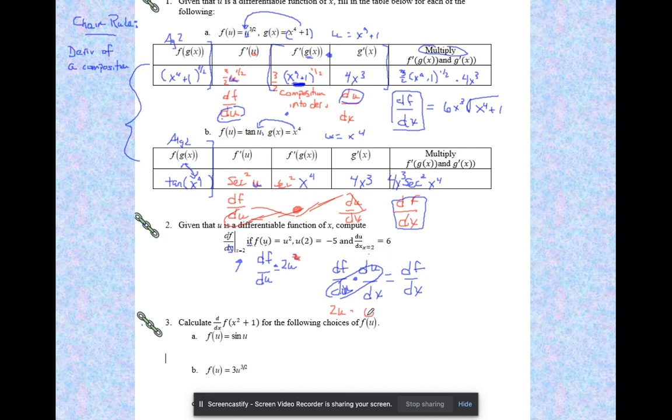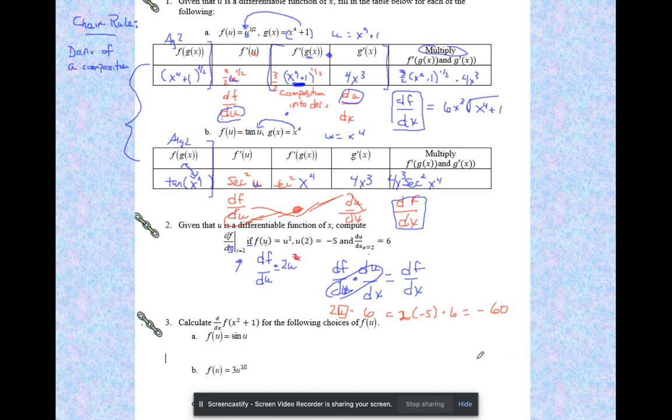What's the only thing I'm missing here? What is u at 2? Right, so negative 10 times 6,